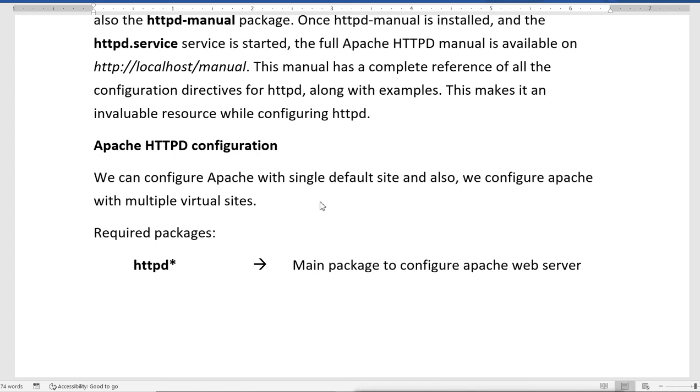So if we want to configure Apache HTTPD as the web server, we can configure it with the default site, that is the single site we have, or we can configure it to support multiple virtual sites in a single server. If we want to do this, the package we require is HTTPD. We first have to install this package to configure Apache HTTPD in our RHEL7.